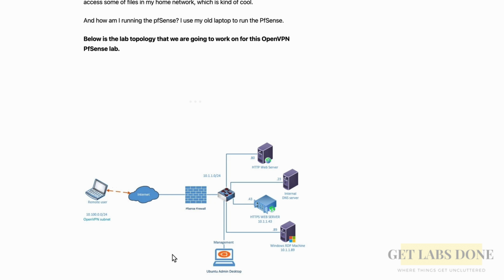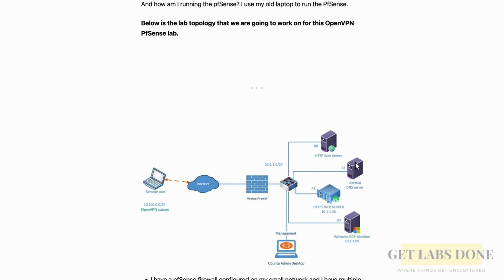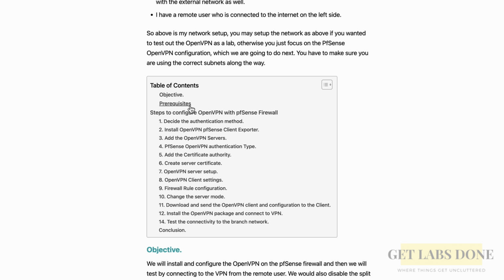So this is the topology that we are going to work on. On the pfSense OpenVPN client side, we have a network of 10.100.0.0/24. And on the pfSense LAN side, I have 10.1.1.0/24, and I've got multiple hosts on the LAN side as well. We'll be using these hosts for testing. We may not use the same IP, maybe different ones. We will configure all these steps that are mentioned over here, from choosing the authentication method, firewall rules, and of course,